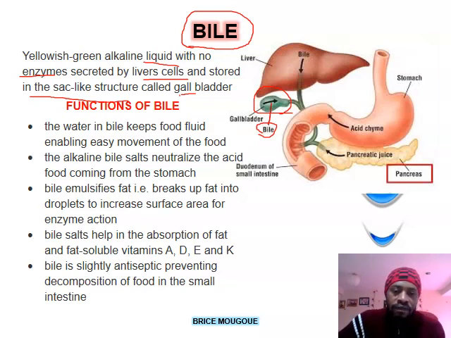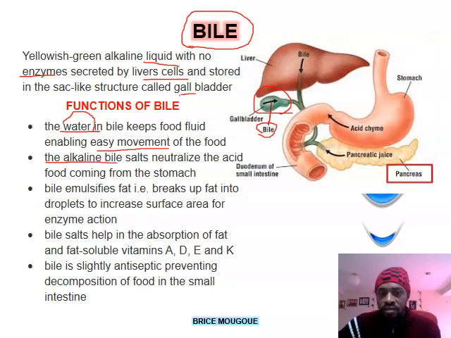Now, what then are the functions of bile? The first one, bile is a liquid. It means it contains water. So the water inside bile helps the easy movement of food inside the alimentary canal, in the small intestines to be precise. Secondly, since bile is alkaline, like we said, opposite of acid, it helps to